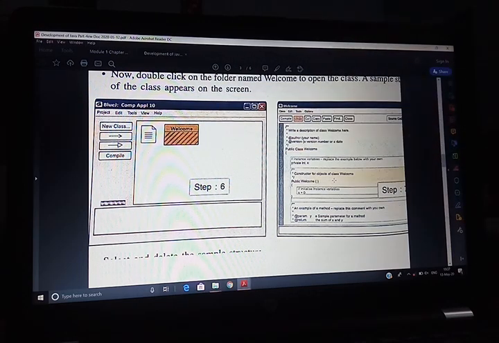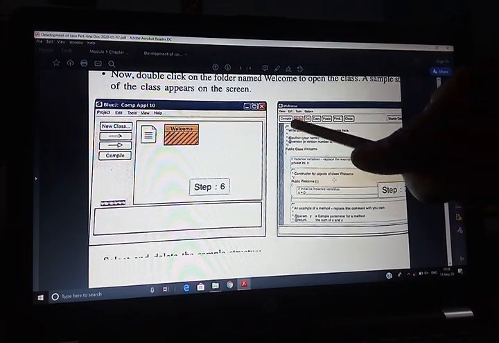Afterwards, this window will appear. In this window, all of you see one default program, known as the sample program. In this sample program, a sample class structure appears on the screen.